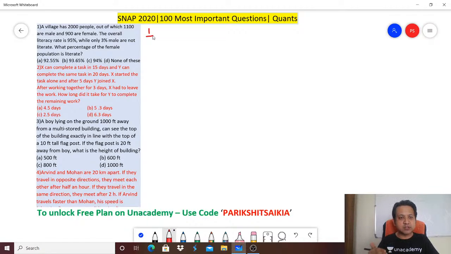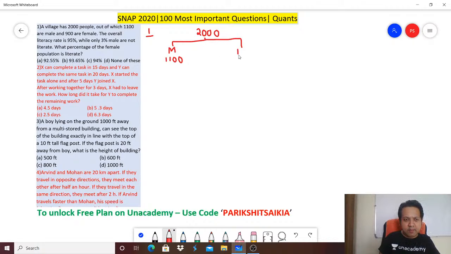A village has 2,000 people, out of which 1,100 are male and 900 are female. So let's write it down. 2,000, out of which men are 1,100. And how many are women? Women are 900. The overall literacy rate is 5%. So for males, you would have two categories, right? Category of literates, and for women, there will be another category of literates. So if you add up these two numbers, they say it is